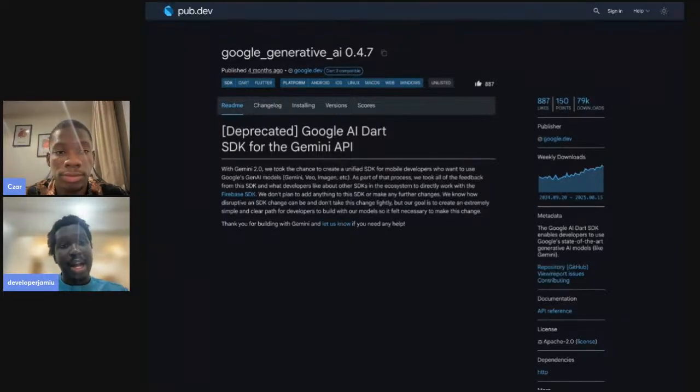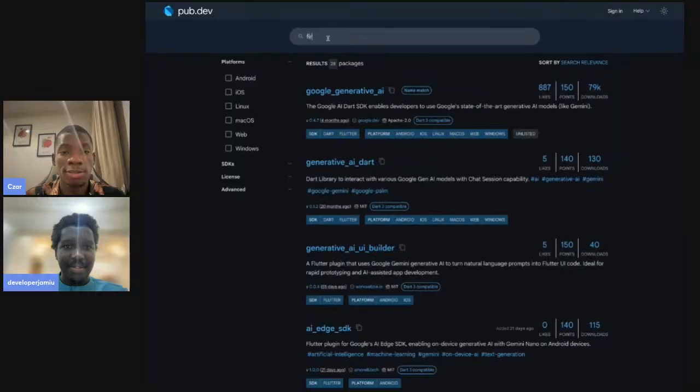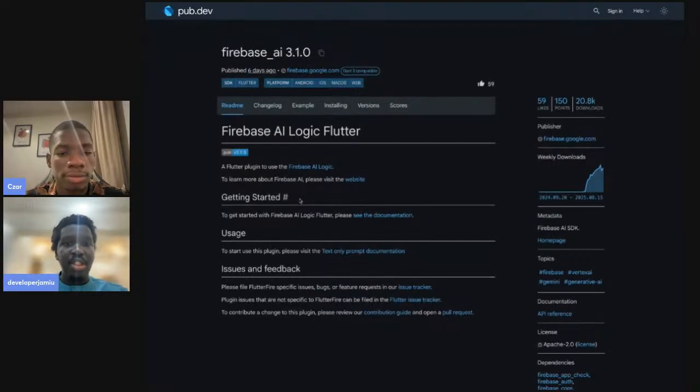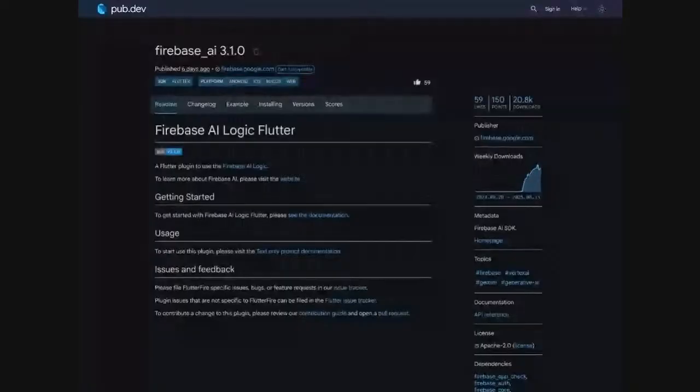So, I will tell you that there is a better way to do that now, and you don't need to manage any API keys, and that's using Firebase AI. Can we search up Firebase AI and check the documentation? Yes. So this is the Flutter plugin that we use to enable AI in our Flutter project and any other project. And we'll be making use of a new feature in Firebase called